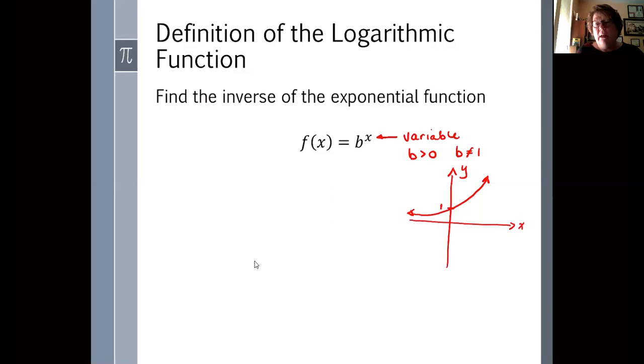So let's find the inverse of the exponential function. As you recall from chapter 2, to find the inverse, the first thing we do